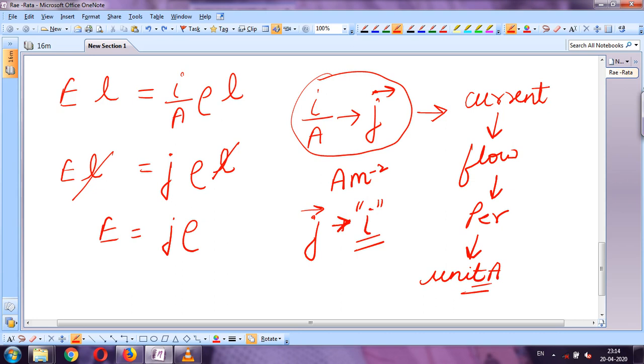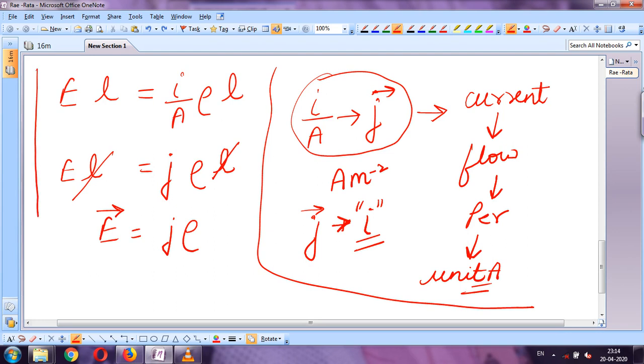Right, now you look here, this E. Okay, this was a separate part. We were continuing with our derivation. This E is a vector quantity, J is a vector quantity, and you know rho is resistivity. Remember that we can write rho is equal to 1 upon sigma. What is this sigma? This sigma is conductivity.